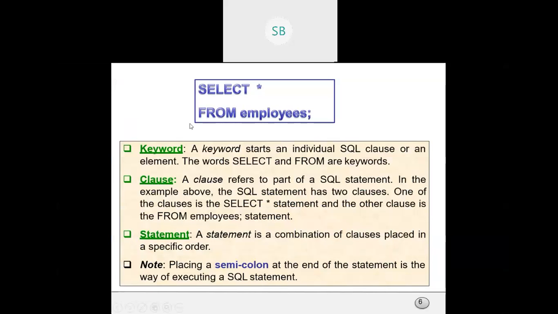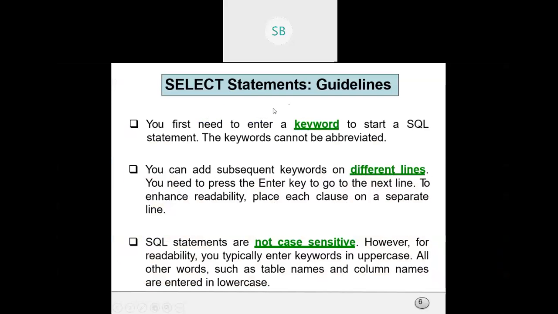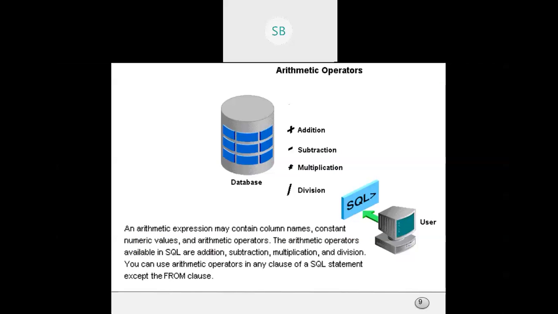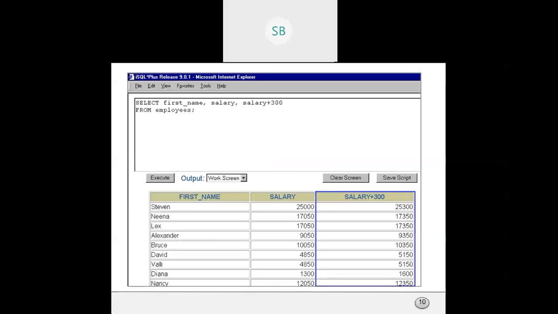Here it is also written, so these things you know, I won't explain to you because you are aware of the syntax right now. You have done it. Now you know this is not case sensitive, right? We can write in small letters, we can write in capital letters, anything will work. Now we do have some arithmetic operations also in SQL. So let's check. These are the arithmetic operations: addition, subtraction, multiplication, division. You can perform anything.